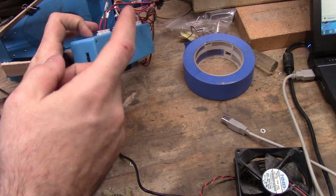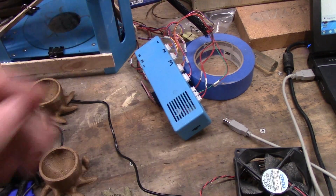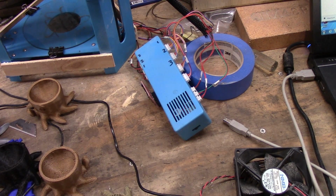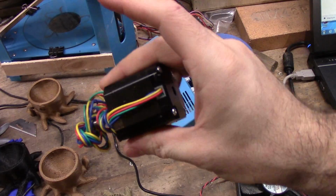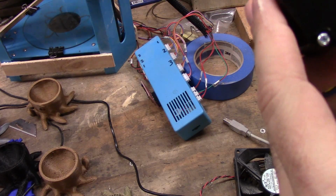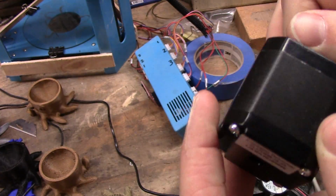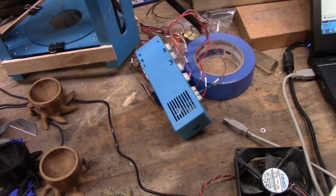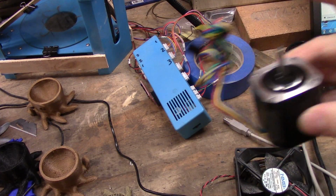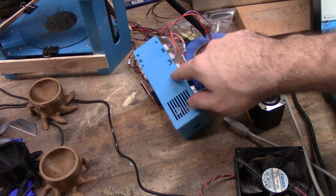I'm thinking I'm going to take this apart and try to hook up one of my standard 4-pin bipolar steppers that I have right here. This is a NEMA 17 bipolar stepper, or 14. Pretty sure it's a 17. This thing by itself weighs almost as much as the entire printer. It's pretty solid. But I'm going to hook it up to here, because when I pulled this apart earlier,